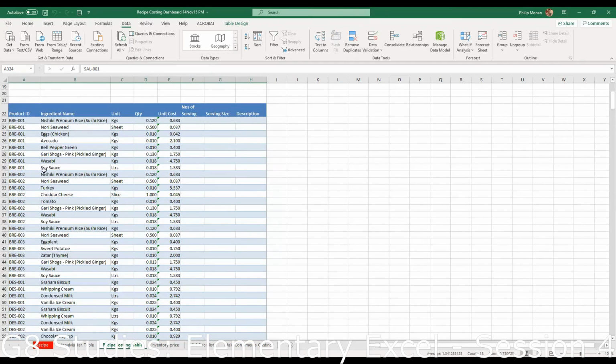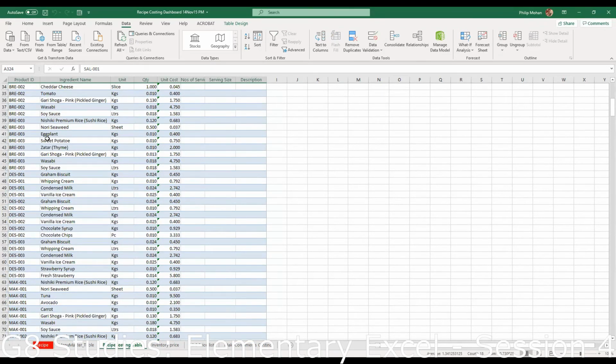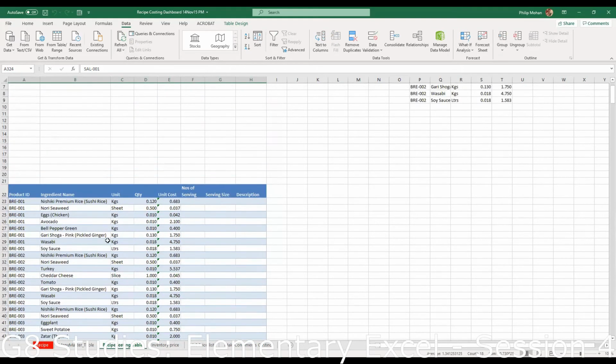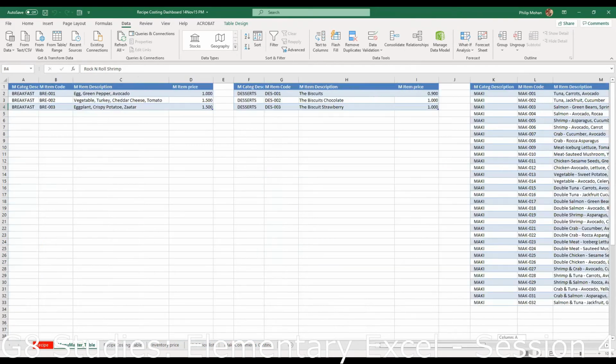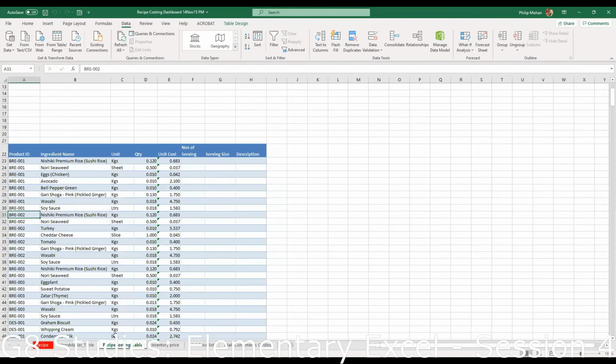Now this is basically a detailed recipe listing, which is not segregating between the items except by the code, okay? So BRE001 is one particular item. It needs all these ingredients. BRE002 is another item, okay? And the definition of BRE is in the menu master table. Okay, BRE is obviously breakfast, right? So see, BRE 001, 2 and 3 are breakfast items, and their ingredients are shown here, okay,